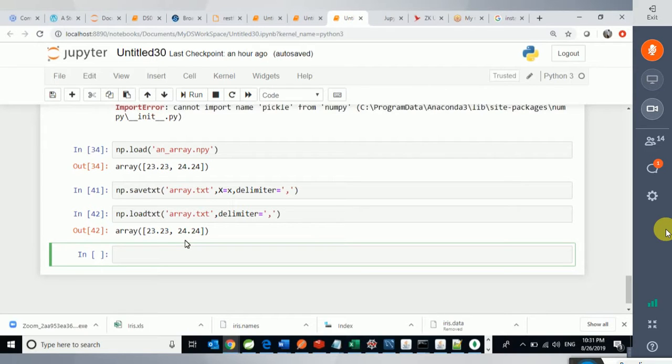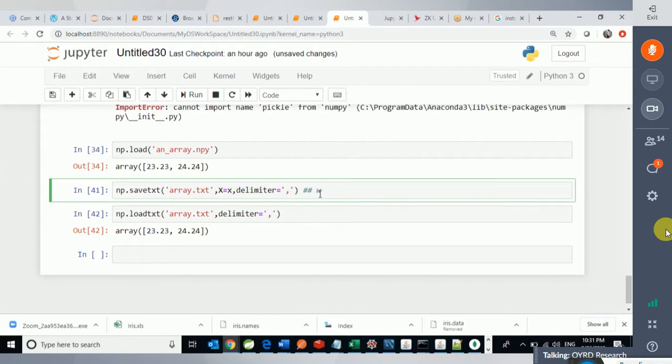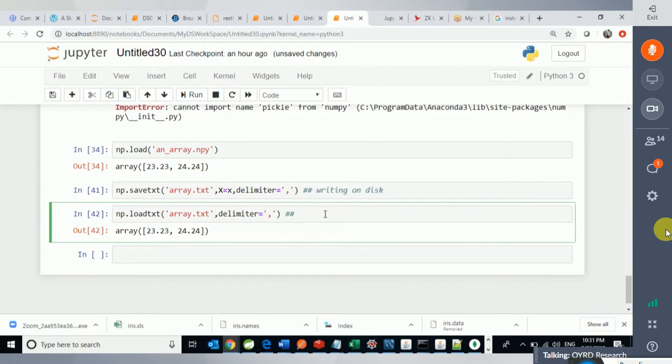Reading from disk. So what is save? This is called writing on the disk. Okay. And what is this called? This is called reading, reading from disk. Same as previously, reading from disk and writing on disk. Writing on disk and reading from disk. Got it